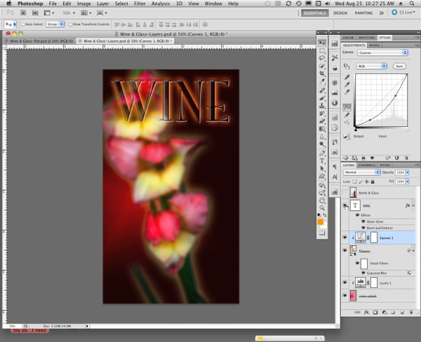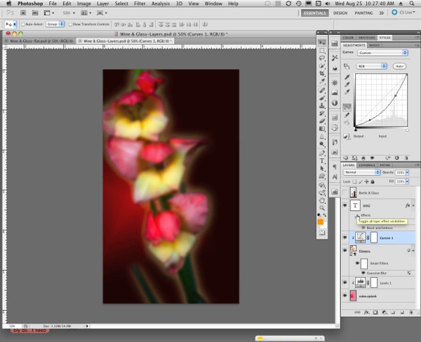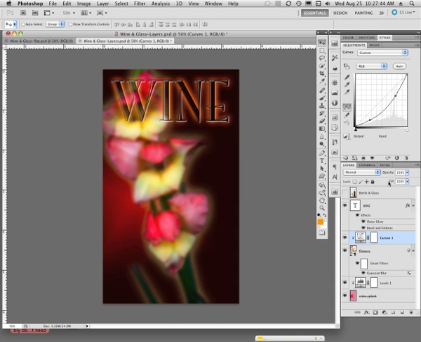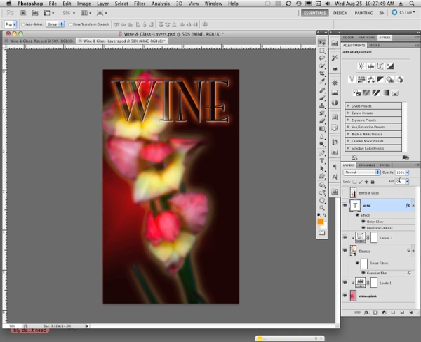And this text layer is just the word wine. Well, I can go in, I can modify my text, and we'll get into that in a little while also. But I can also add various layer effects on here. If I take all my effects off, well, I really don't see anything here. And the reason I don't see anything here is that I have gone in and I have eliminated my fill opacity. So if I want to increase the fill opacity, you can see I can see the word wine here,